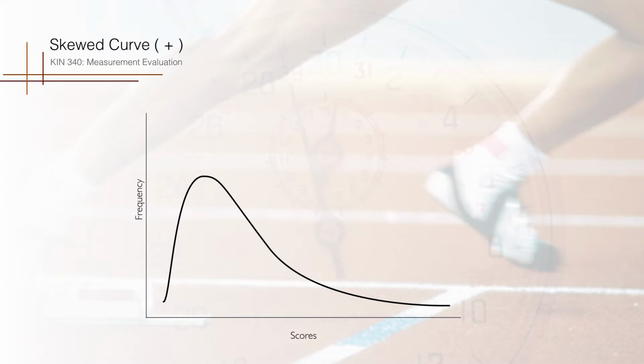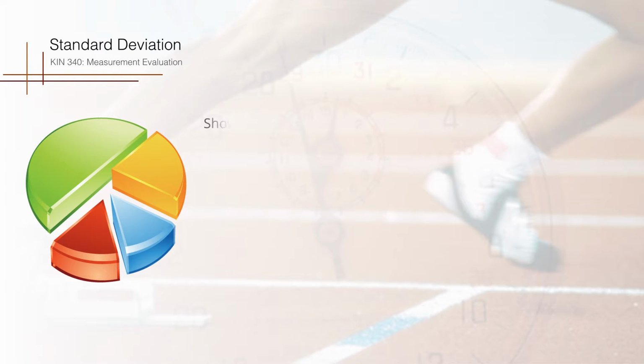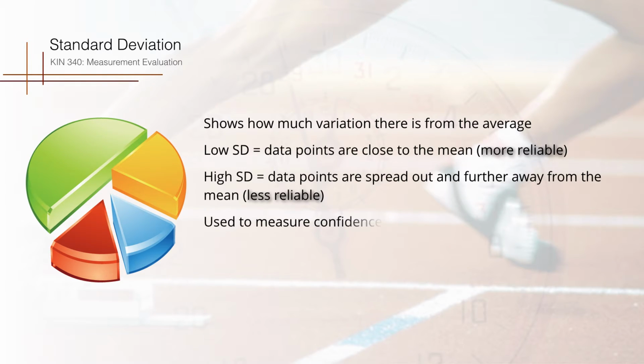Regardless, we need to look at these curves and try to make sense of them, but we can only do that through some form of statistical analysis within measurement evaluation. Now, the standard deviation is another statistical calculation that identifies how the scores are spread around the mean. It helps us to identify the reliability of a test, and a low standard deviation means that a test is